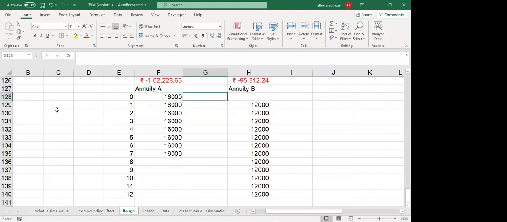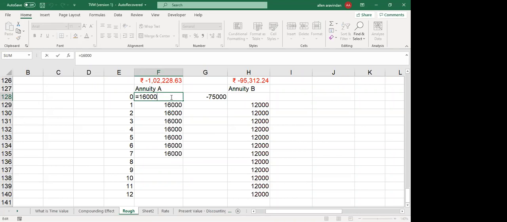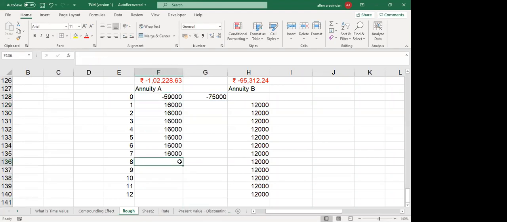It would mean that at the start itself, you invested, how much was it costing? How much was it? 75,000, right? So minus 75,000 is happening like this. So you invested 75,000 and instantly you got 16,000. That means your net initial investment or your first period looks something like this, right? So this is the beginning calculation.